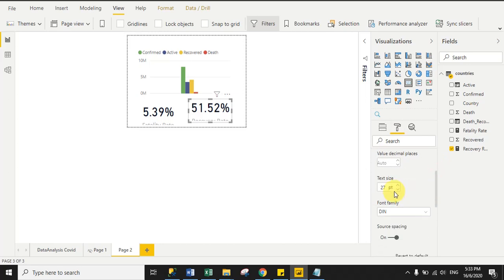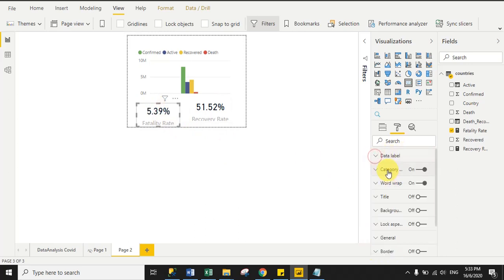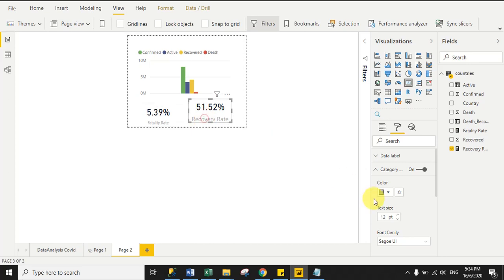So I decrease the font size to 20 pixel, and also for the first visual 20 pixel, right? And then we will set the font size for the category. So instead of 12 I give 8 pixel, and same for the second visual.